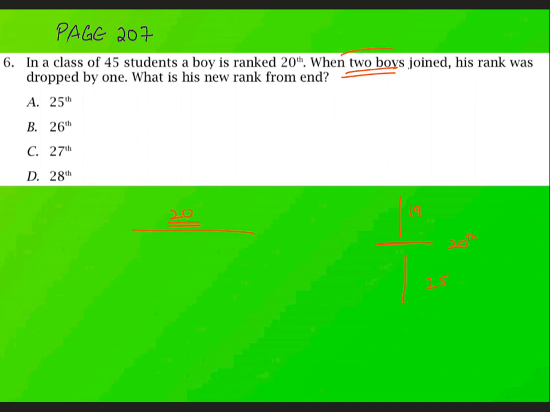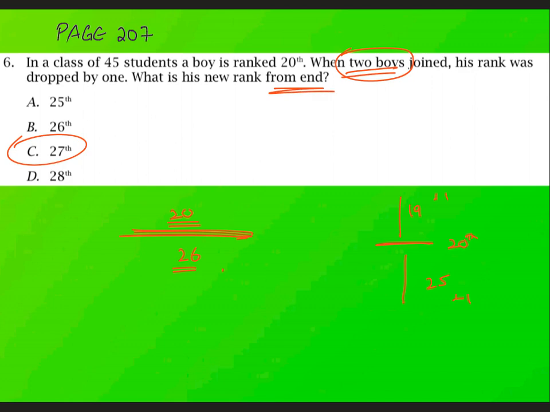But there are two boys, right? So one ranked better than him, above him, so the other one is basically below him, which means now he has 26 people who rank less than him. He is here, this is his position. So if I count his position from the end, which is these 26 and then him, that's clearly the 27th position. Hence his rank is 27 from the end.